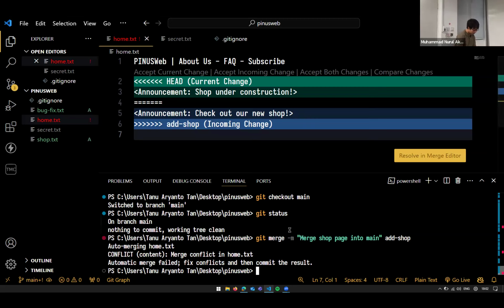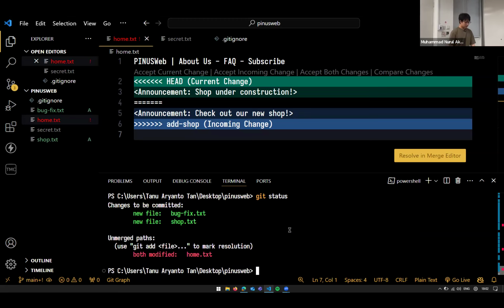So, okay, before that, let me show you how to check if there is a merge conflict. You can type git status, and you see here there are unmerged paths, both modified. So that means from the two branches, the lines are modified in both branches, so Git caught a conflict. So to fix this, right,